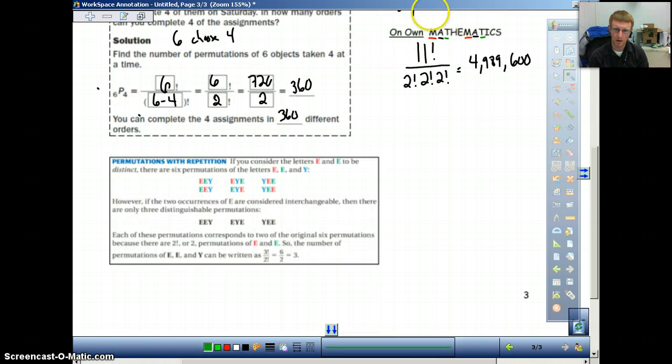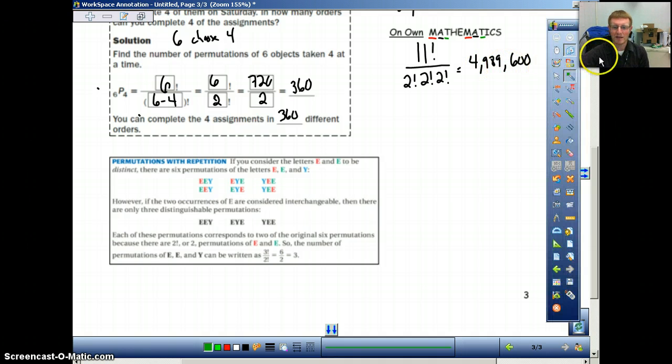So when you look at mathematics, you have 3 things that repeat, the M, the A, and the T. So we have 11 total letters, so that's 11 factorial on top. And on the bottom, because we have 2 M's, it will do a 2 factorial. We have 2 A's, so it'd be a 2 factorial. And we have 2 T's, so it's a 2 factorial. If any of those were repeated, say 3 times, then it would be 3 factorial for that specific one. But notice we're multiplying all 3 of those together. So that's 2 times 2 times 2, which is 8. 11 factorial divided by 8 is